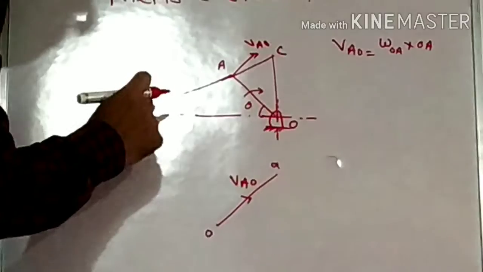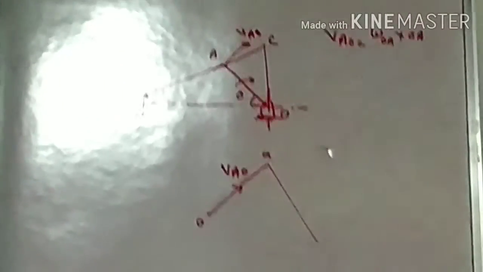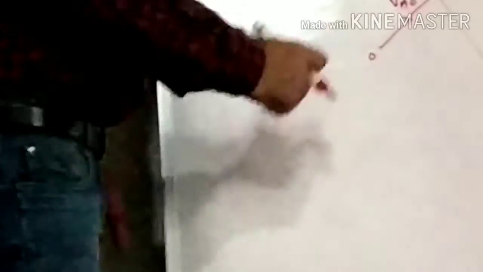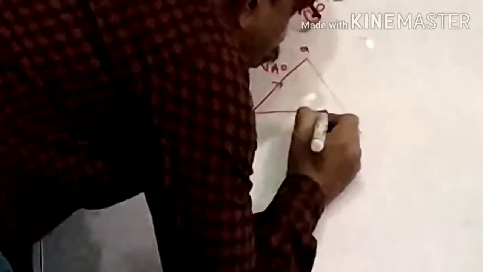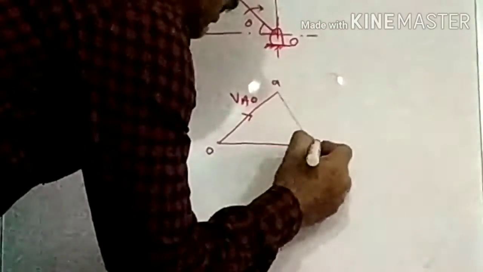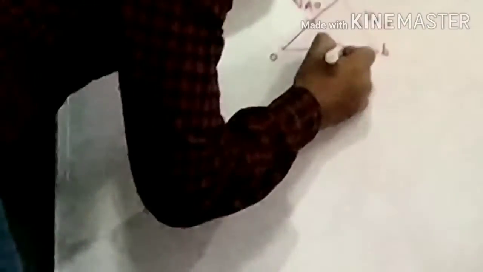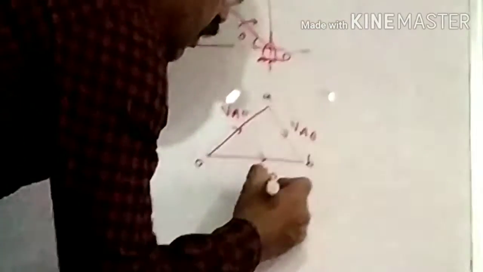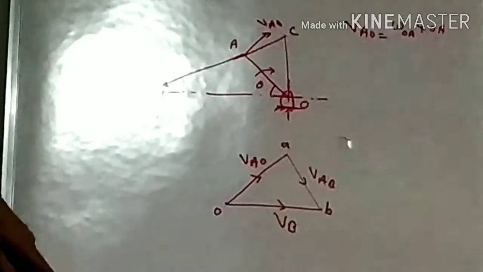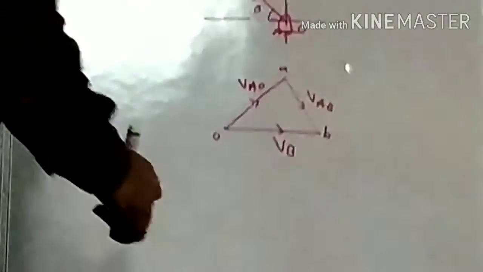Then the velocity of B with respect to A. We draw the velocity vector which is perpendicular to the connecting rod AB from point A. Then the velocity of slider B with respect to the fixed link. The slider moves along the line of stroke, that is in the horizontal direction, so draw the horizontal line from point O. The point of intersection of both vectors is point B. Vector AB represents the velocity of B with respect to A, and OB represents the velocity of slider B. Now we rotate this right angle velocity triangle through 90 degrees.